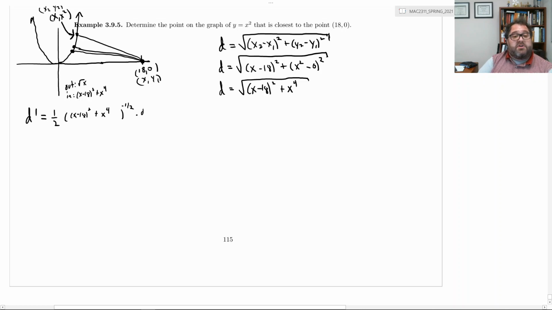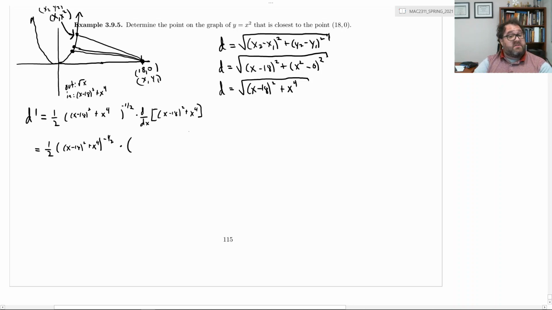Then the third step of the chain rule says you multiply by the derivative of the inside function, which is x minus 18 squared plus x to the 4th. Okay, so d prime is 1/2 times x minus 18 squared plus x to the 4th raised to the negative 1/2 power times,